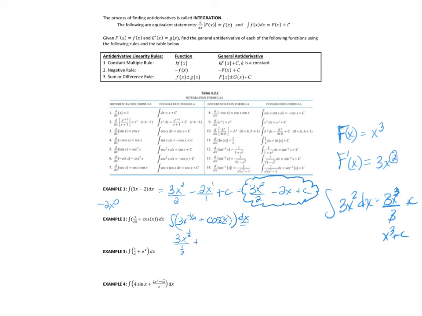We're going to move across here to cosine and recognize that cosine is the derivative of sine, so the integral of cosine is going to be sine. And then put a plus c. The only thing that's kind of awkward here, of course, is this complex fraction that we have. So we'll think about 3x to the 1/2 being divided by 1/2 as being multiplied by the reciprocal of 1/2, which is essentially just 2. So we're going to write that as 2 times 3, which is 6x to the 1/2 plus sine of x